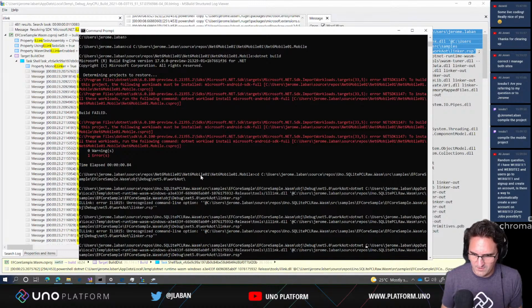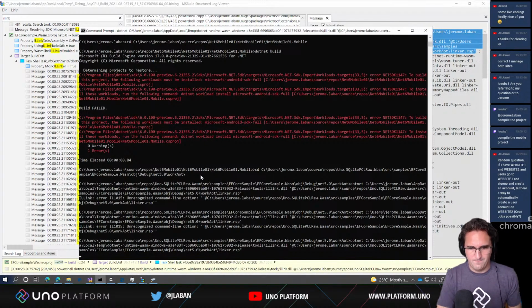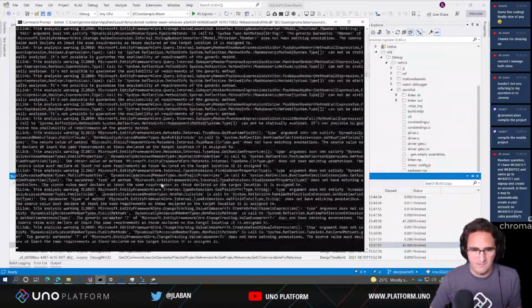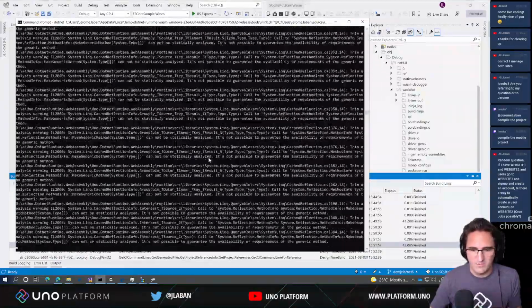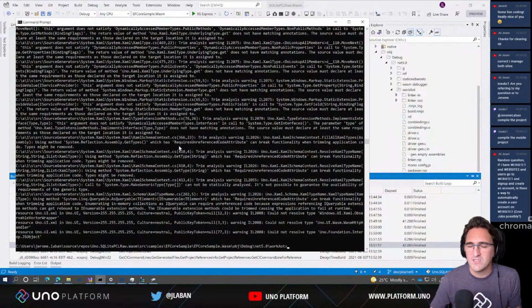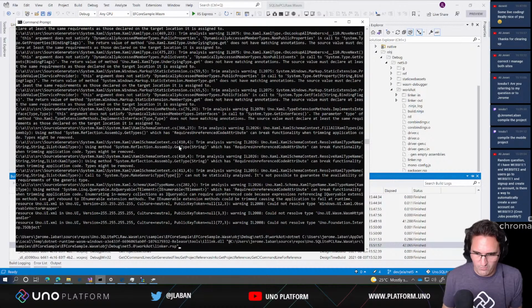Probably the quotes there. Let's see. There we go. Okay. So the linker step is running manually, and now we're going to try to find what's needed to get there. It's spewing quite a few error messages. But if we run the same thing without the parameters, so without the response file, we're going to get